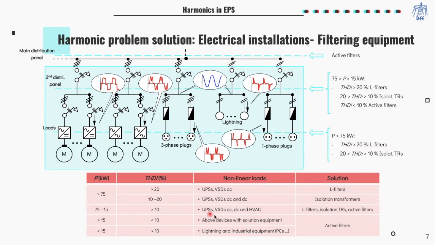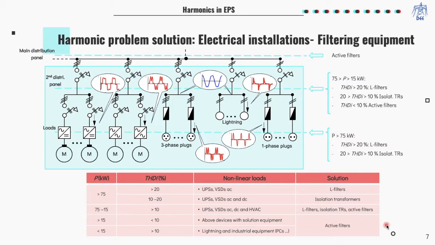These loads, together with air conditioning equipment, can also be loads with power consumption between 15 and 75 kW, which are filtered with choke filters, isolation transformers, and active filters connected at the secondary distribution panel level. At last, low consumption nonlinear loads are the previous nonlinear loads with filtering equipment as well as lighting and industrial equipments. The currents consumed by these nonlinear loads are reduced by means of active filters connected at the main distribution